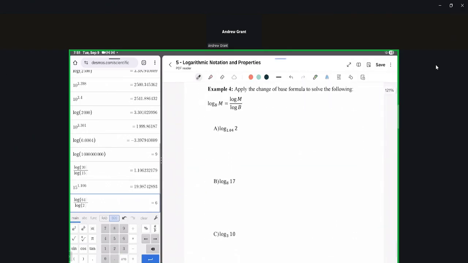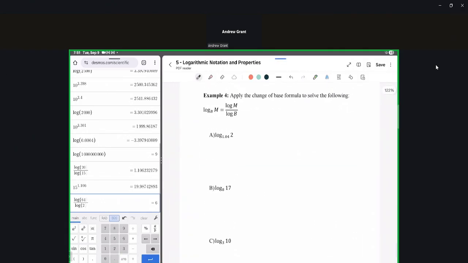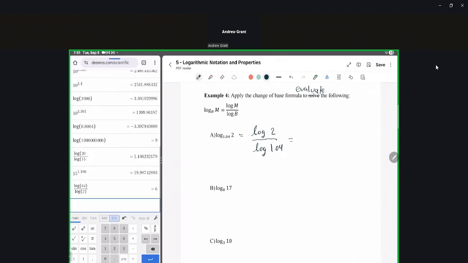And so we're going to apply the change of base formula to solve. And when I say solve, what I really mean is I should be using the word evaluate here. So I will. The following: log base 1.04 of 2. And so we know this is the same thing as log of 2, the argument, divided by log of 1.04. And so when we type this in,